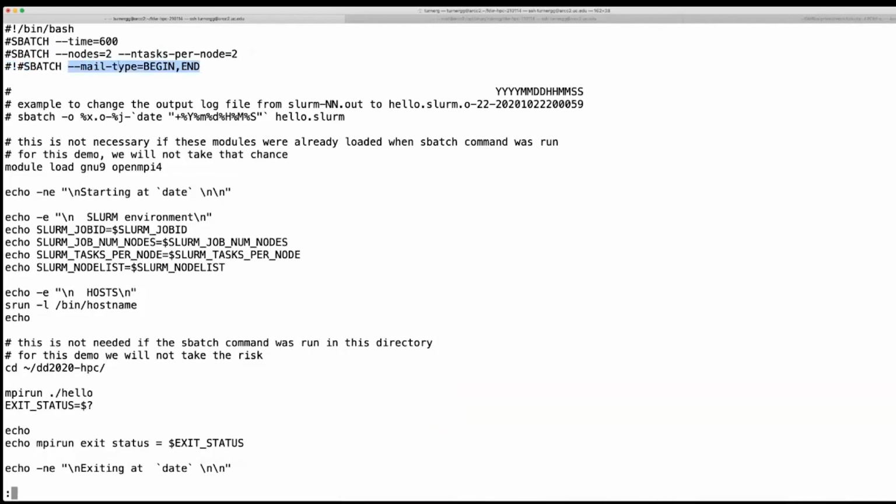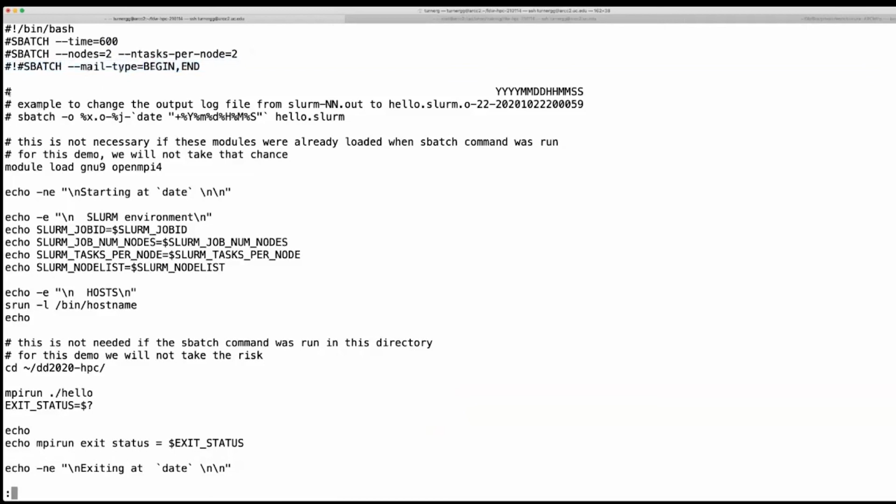So a lot of people, when they're running jobs, say you've got a job that's going to run for 3 days, you want to know when it actually begins, because you may have been sitting in the queue for a little while, and you want to know when it ends. So this is how to get it to send you an email when the job begins and when it ends. If you do a man on SBatch, it'll also tell you some other things that you can get mailed about, aborts. I think there's one or two other things. But the beginning and end are the